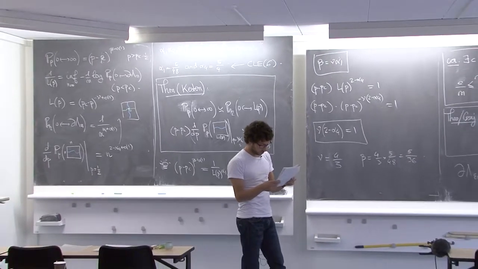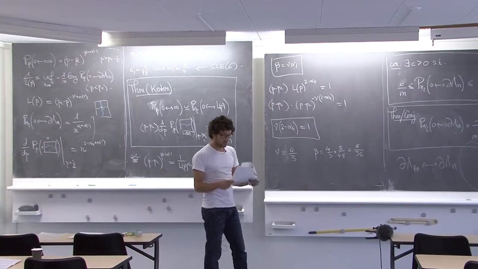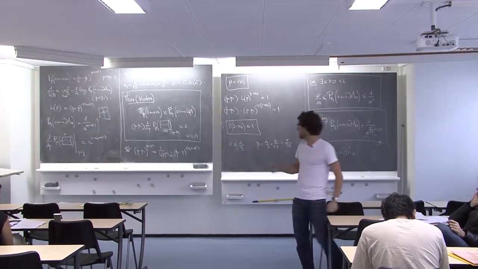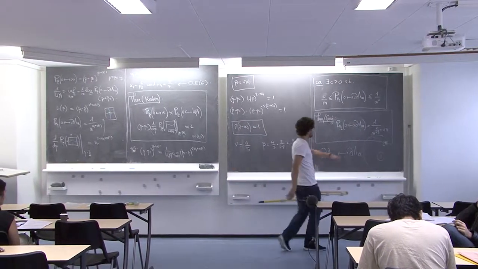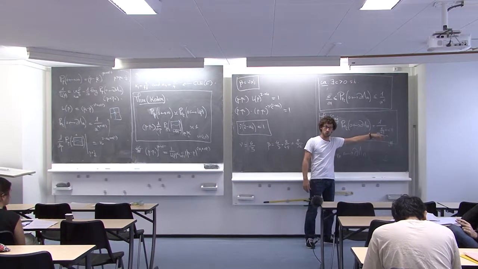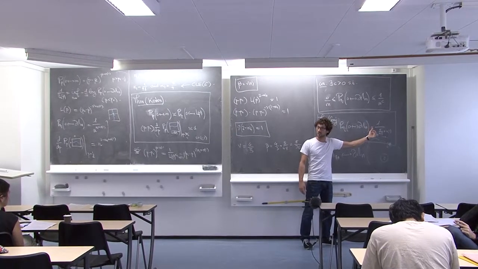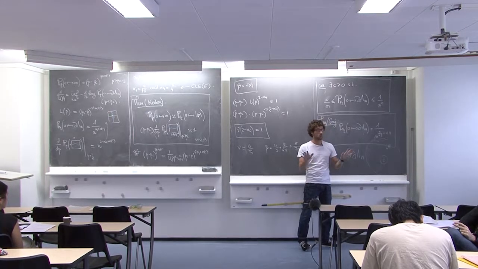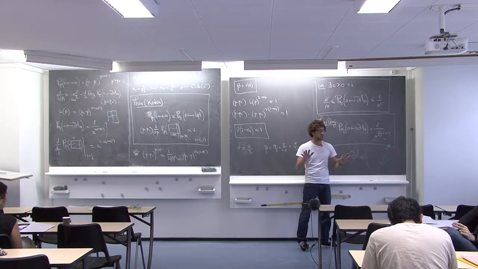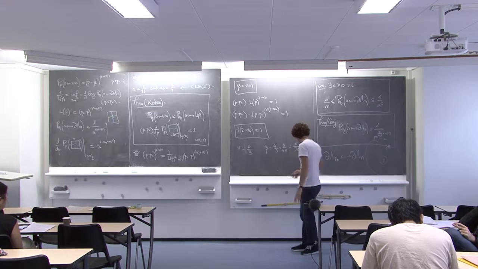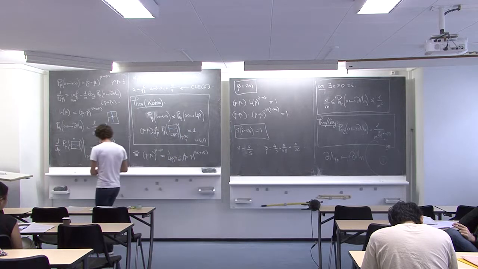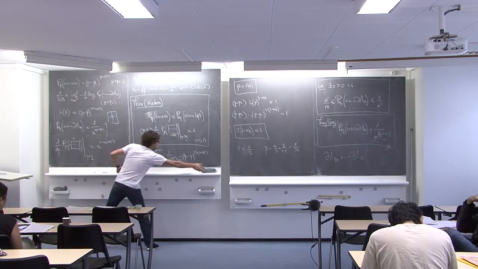And question 9 is related to what we call universal exponents. So this 5/48, you cannot get it just from Russo-Seymour-Welsh. You need convergence to SLE. But there are a few exponents that you can get directly from Russo-Seymour-Welsh, and just from it. And these are the following arm events.